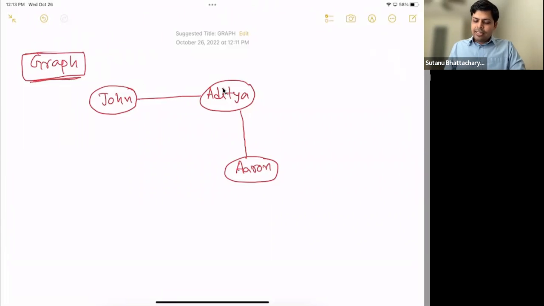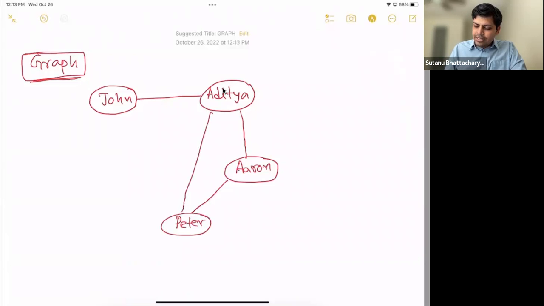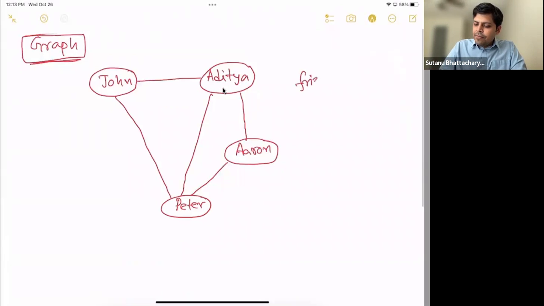Okay, let's start with the new topic, graph. And let's assume John is a friend of Aditya. Aditya is a friend of Aaron, and maybe Aaron is also a friend of Peter. And also maybe Aditya is also a friend of Peter. And maybe John is also a friend of Peter. So it's a friendship graph